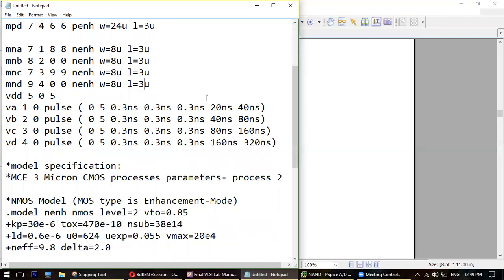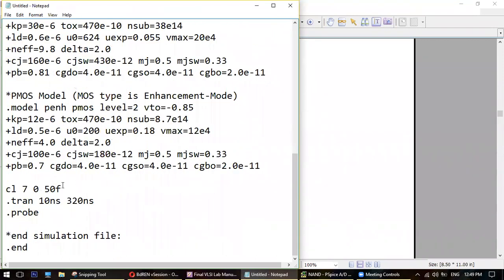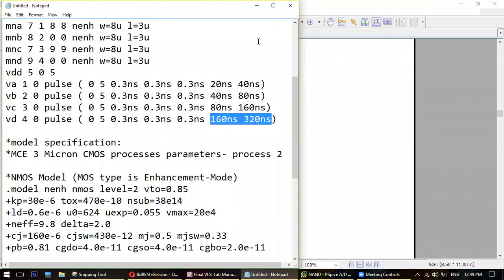As you can see here, your timings are double: 20-40, 40-80, 80-160, and 160-230. Do you know why? You know, right? Yes, sir. Okay. Now go there, and what is your last time? What is your highest time? 320, right?